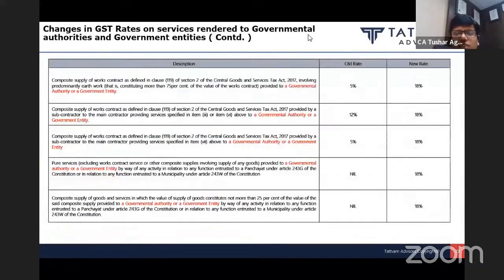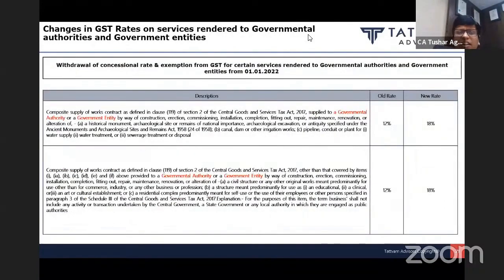So earlier, what was there under the GST provisions? When we see the rate notification and exemption notifications, I will take one or two examples to understand this amendment. For example, construction of water treatment plant, construction of water pipelines, or construction of schools, educational institutions, clinics, hospitals. So construction of educational institutions, hospitals, water treatment plant, water supply plant, etc. All these were taxable at the rate of 12%, if you are providing it to government or local authority or government authority or government entity. Now this